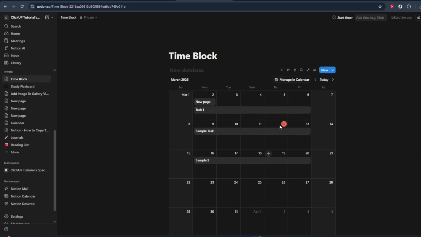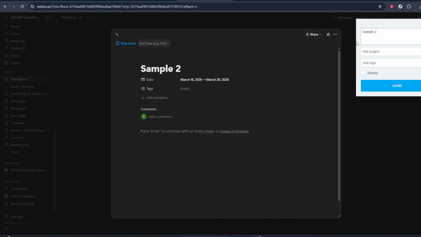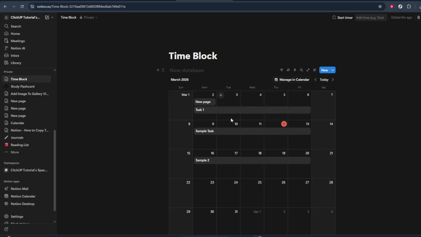To create a time block, move your cursor over the time slot where you want your task to begin. Click and drag down along the calendar to cover the amount of time you want to dedicate to that task. As you drag, Notion will highlight the duration you're selecting. When you release the mouse, a new event or task window will appear, corresponding exactly to the time block you